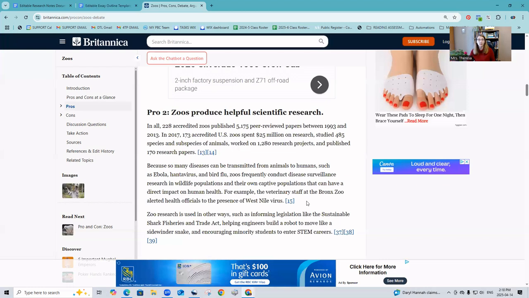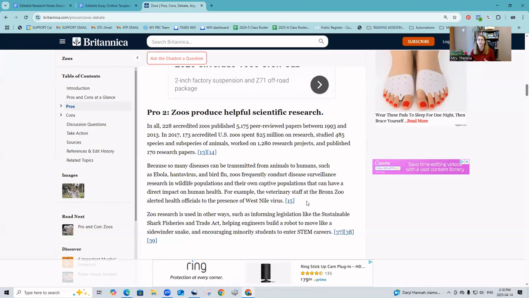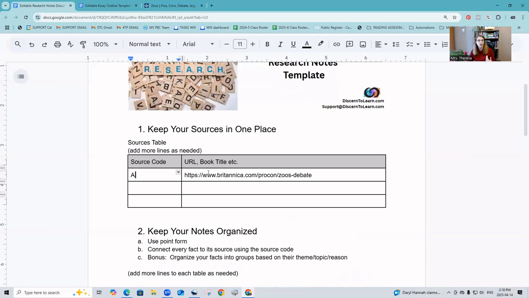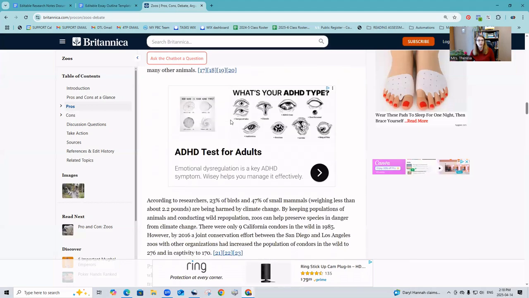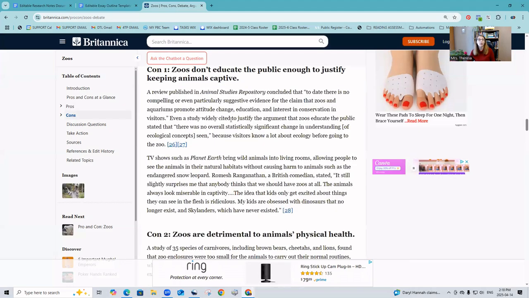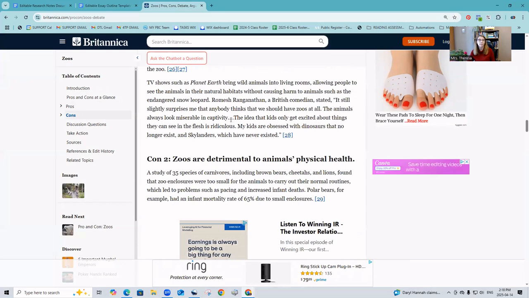And today, just for expediency, I'm going to use the cons because that's just a very quick argument. So right already, we have our source for A here. And so I'm going to go down to the cons, and I'm going to see what facts I can find.